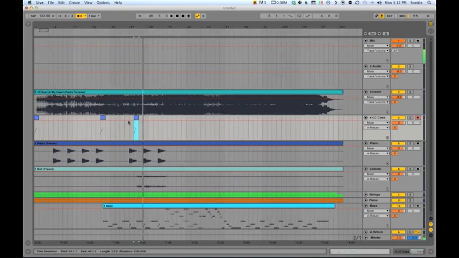The next thing I can do is add some locators. I believe this is the second verse. Yep. So I can right-click up here in the scrub area and add a locator and say verse. Now I can actually trigger this in real time, and this is all going to play off of the global quantize. For those of you who aren't familiar with the global quantize, if I'm playing somewhere in the middle of a track,